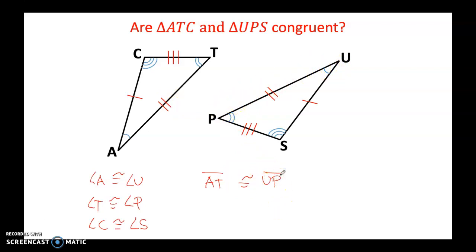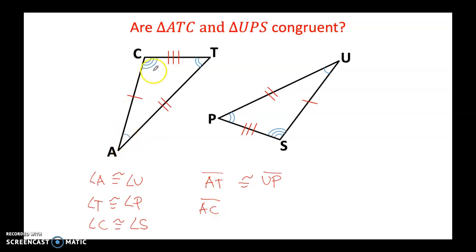Why UP, not PU or segment PU? Because A corresponds to U and T corresponds to P. Therefore, if we start from A, we should start with U for the segment UP. Next one, segment